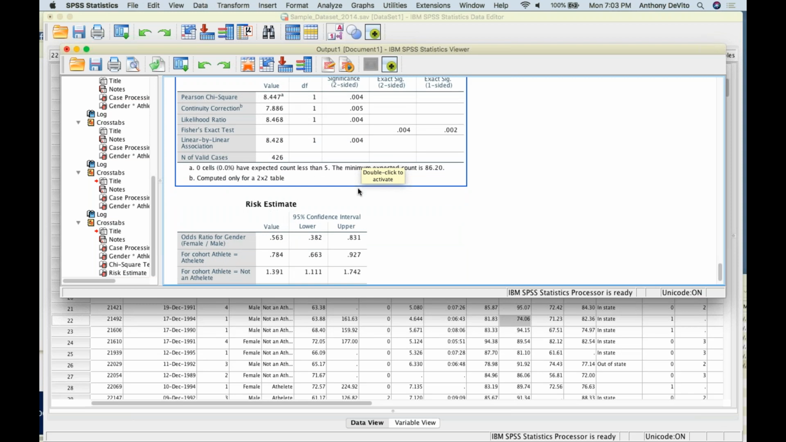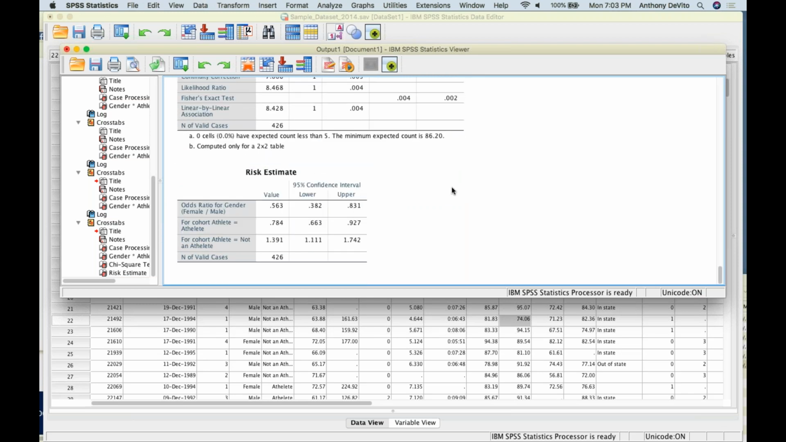Well, how about our risk ratio? Remember when we talked about relative risk or relative rate and odds ratio? Well, this first number is the odds ratio. The odds for gender, male versus female, taking part in athletics, and it comes out to be 0.563. But what do we need it to be different than? We need it to be different than 1, which would be the ratio if there were no difference between males and females. So we can't just take that, we have to look at the confidence interval to make sure